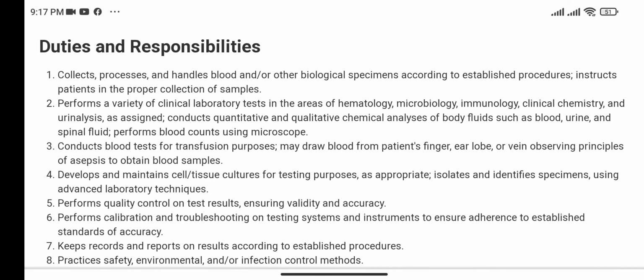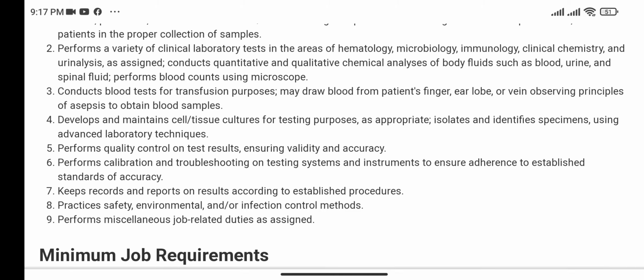Develops and maintains cell tissue cultures for testing purposes as appropriate, isolates and identifies specimens using advanced laboratory techniques, performs quality control on test results, ensuring validity and accuracy, performs calibration and troubleshooting on testing systems and instruments to ensure adherence to established standards of accuracy, keeps records and reports on results according to established procedures, practices safety, environmental, or infection control methods, performs miscellaneous job related duties as